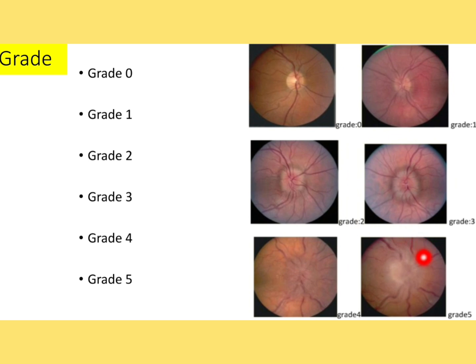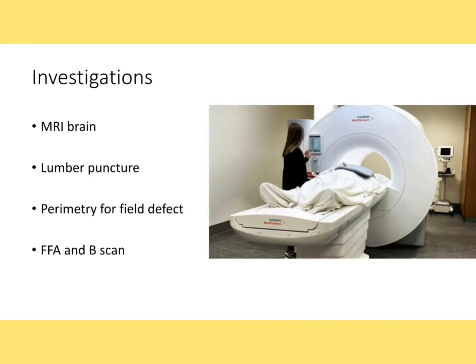And in grade 5 you will see total obscuration of all vessels, leaving the optic disc. So this is the very severe condition, the ultimate stage. Okay. Now, if you are suspecting that the patient may have papilloedema, then you need to send the patient for these following